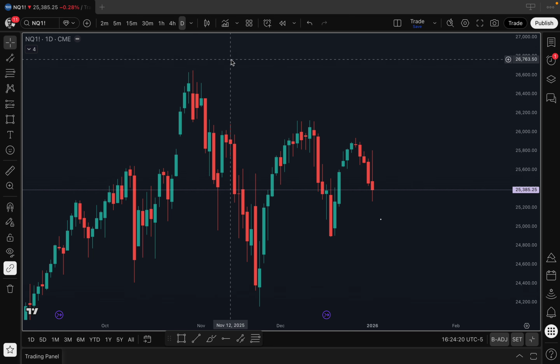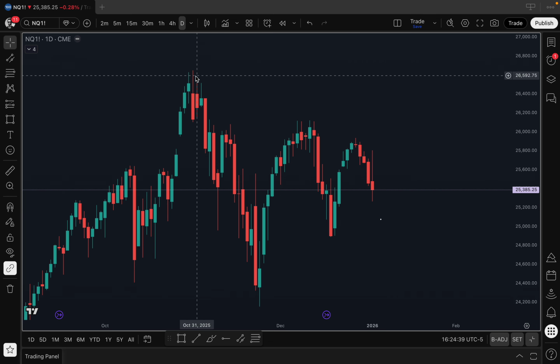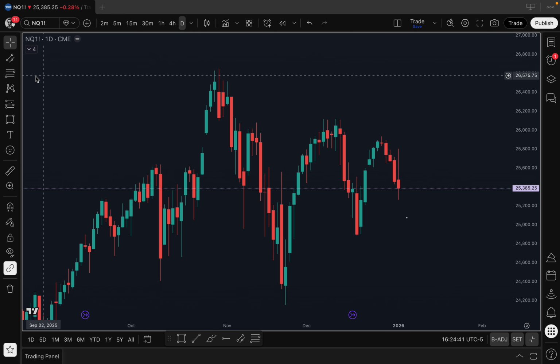So I am a multi time frame trader. I think understanding the time frame matters. What I look at is the daily, the 4 hour, the 1 hour, 30, 15, 5, and 2 minute. Typically I take my trades on the 2 minute, but I do want to understand what these higher time frames are doing. So the first thing I want to show you here is that we're creating